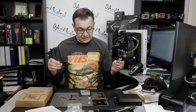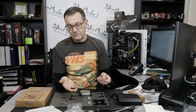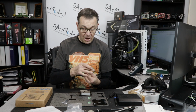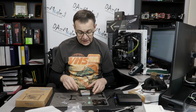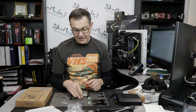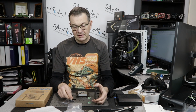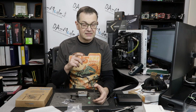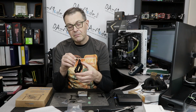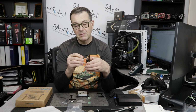And for the different boards, for Intel we have one set of screws that goes into the motherboard, and for the AMD we have a different set of posts, I would say, screws and posts. One thing that was really surprising for me, and I couldn't believe it until I tried it, is that this block requires zero tools. And it says specifically in the manual that you should not use tools and everything is mounted by hand. So you screw the posts, it says just do it by your hands,